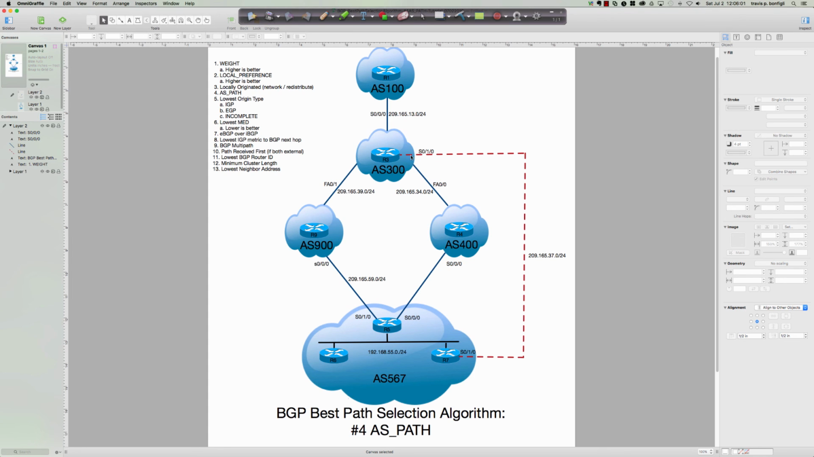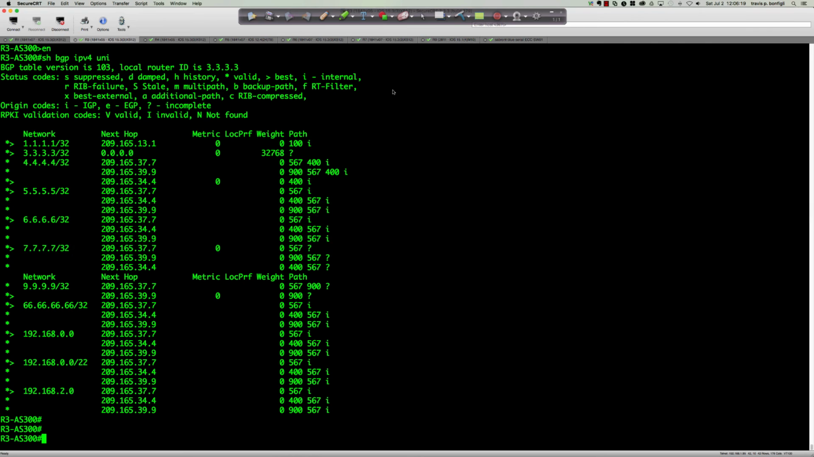So autonomous system 300 is peering with AS100, AS900, AS400, and AS567. So autonomous system 300 has 4 different eBGP peerings. And that's going to give us a little additional information that we're going to have to digest and work with here. But this is the information we want to see because this is the information where we're going to be able to differentiate between the autonomous system path length being chosen or being used as the deciding factor. So let's take a look at